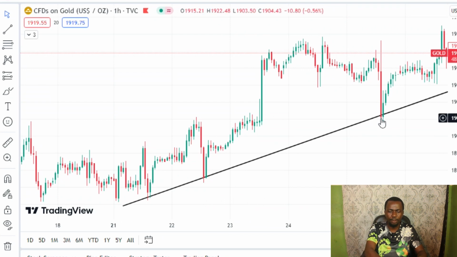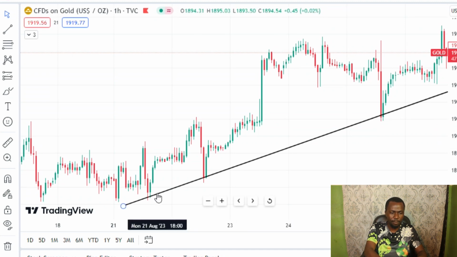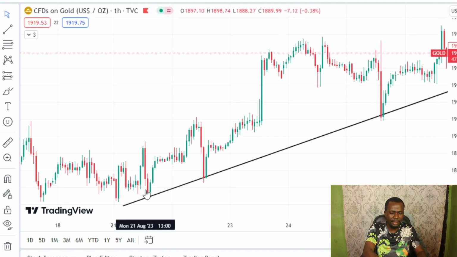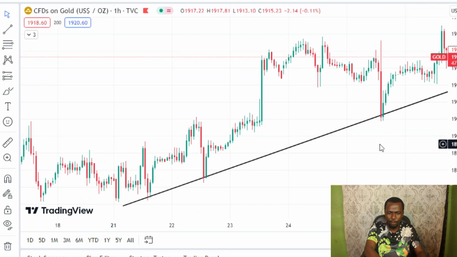So this is where you are expected to place your buy trade, because you have confirmed that the market is clearly in an uptrend. The third touch will confirm to you that the market is clearly in an uptrend. So that is when you are expected to place your buy trade. Now you can see that the market tested the trend line the first time, the second time, the third time. So this is where you're expected to place your buy trade, and then put your stop loss somewhere below here. You place your buy trade once the price touches the trend line, and then put your stop loss a little bit below the trend line, and then you can now ride